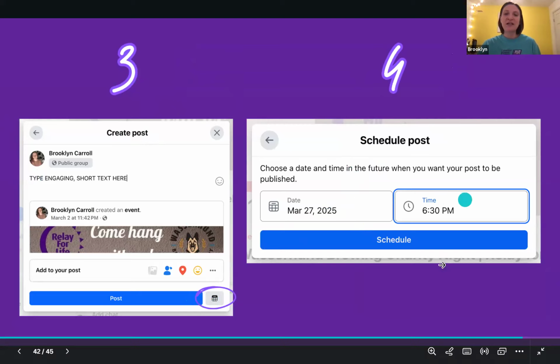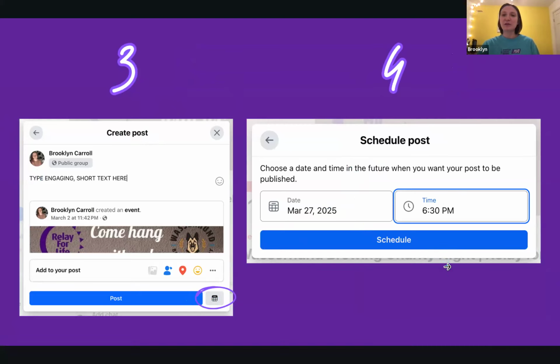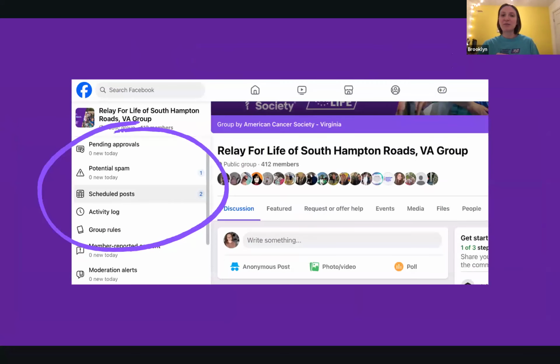to schedule your post. For me, I like to schedule three posts per Facebook fundraising event for the teams. I like to make one two weeks in advance, one week in advance, and then the day before. You also have to remember that people are not on Facebook during the workday, or they shouldn't be. So make sure you schedule your posts for all these Facebook groups or post ideas that you have for around 6:30, early evening, when people are more likely to be on Facebook to actually see your content.